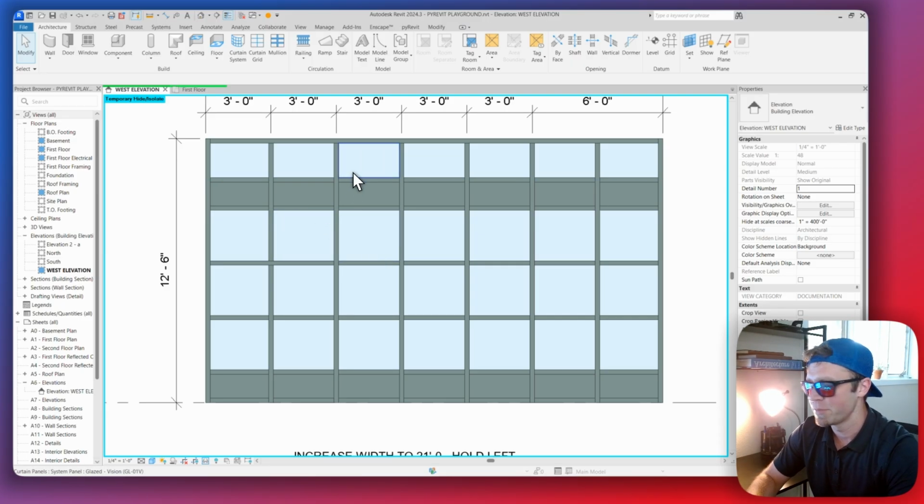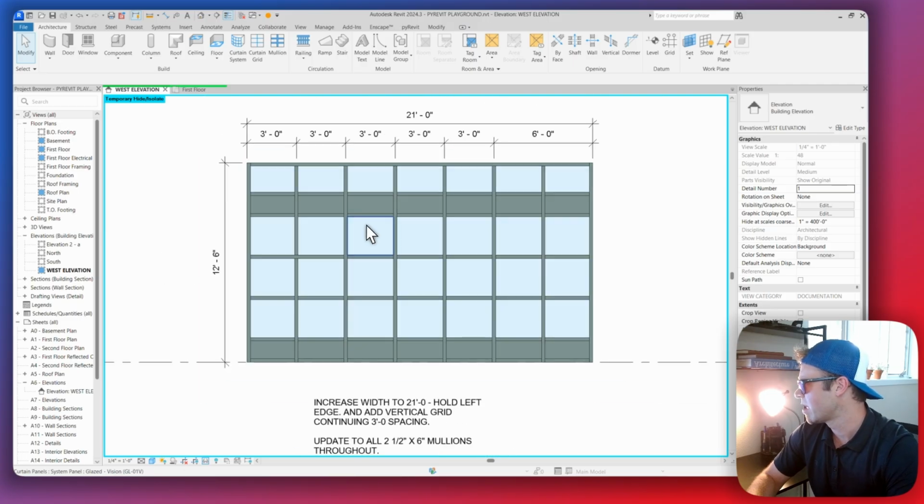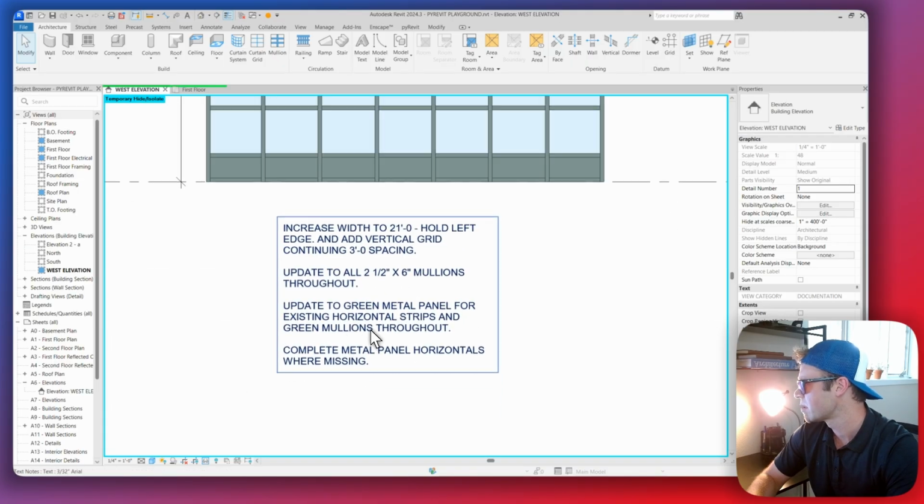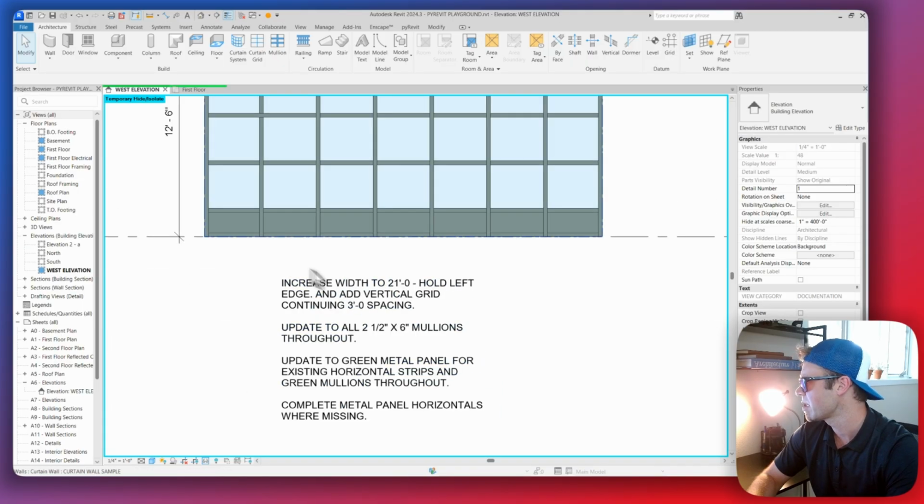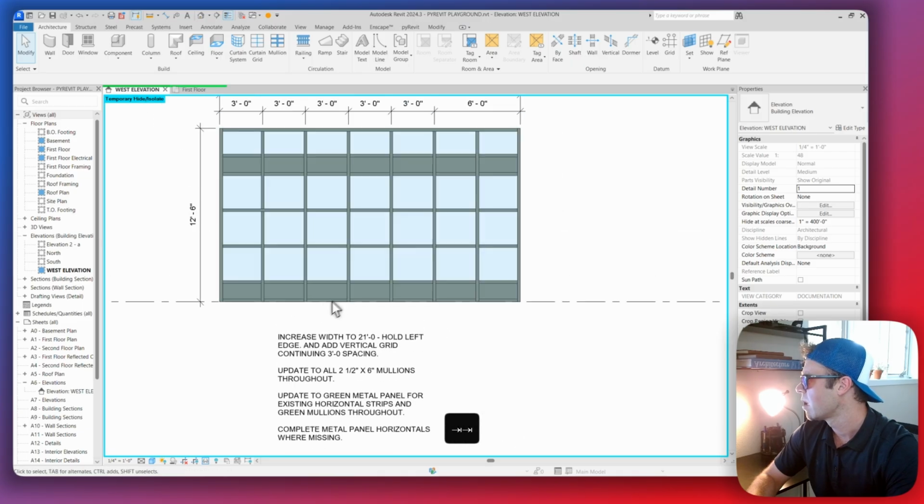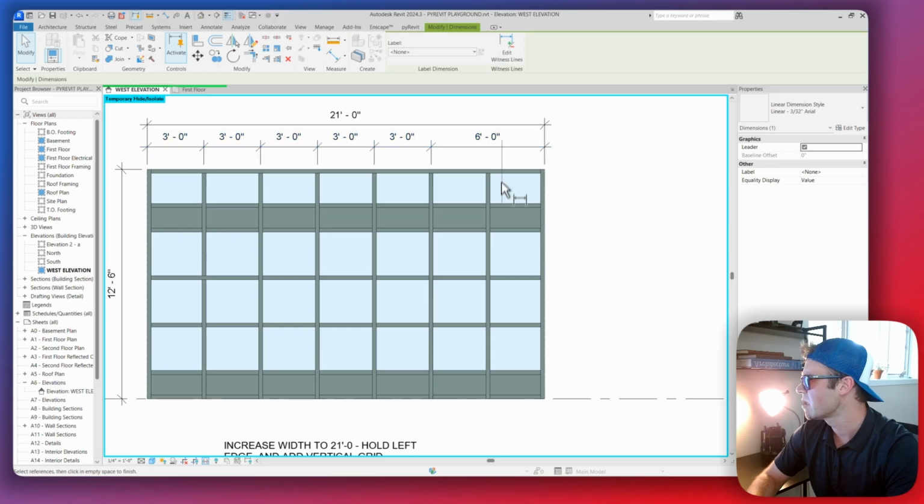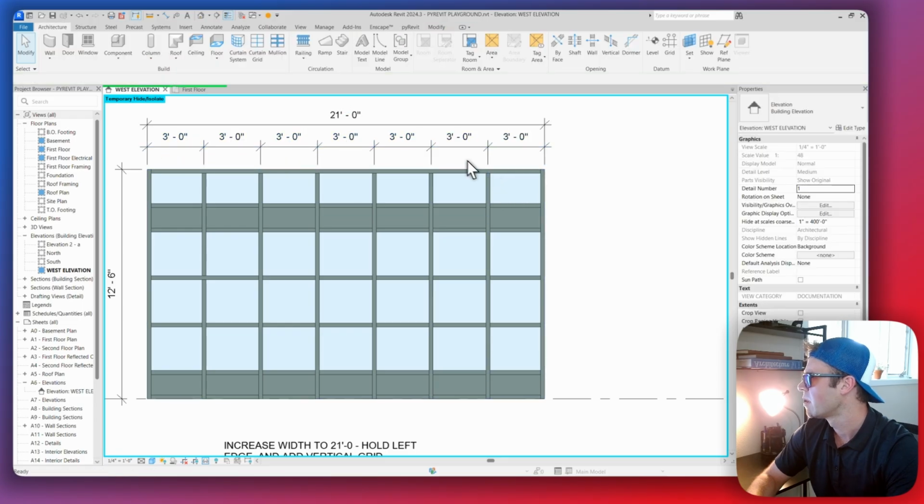All right, so next we're done with this scenario 1. I think we've followed all these steps. Complete middle panel horizontals were missing. We added those where they were missing. Let's see. Let's dimension this just to make it all come together, so that it's 3 feet on center throughout